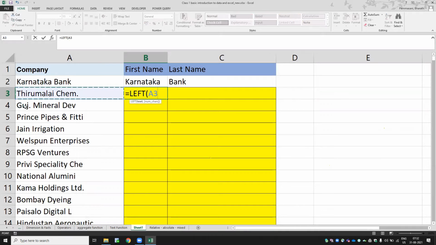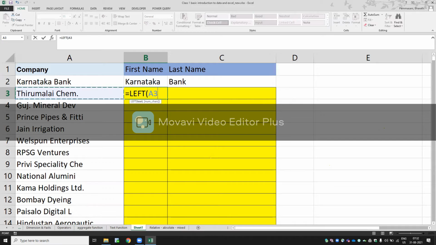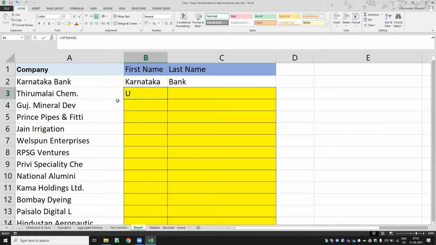This might vary. See here, Guj. has only 4 characters, and here I have only 6 characters. But if I give 9 or 10, this will not work for all the cases.